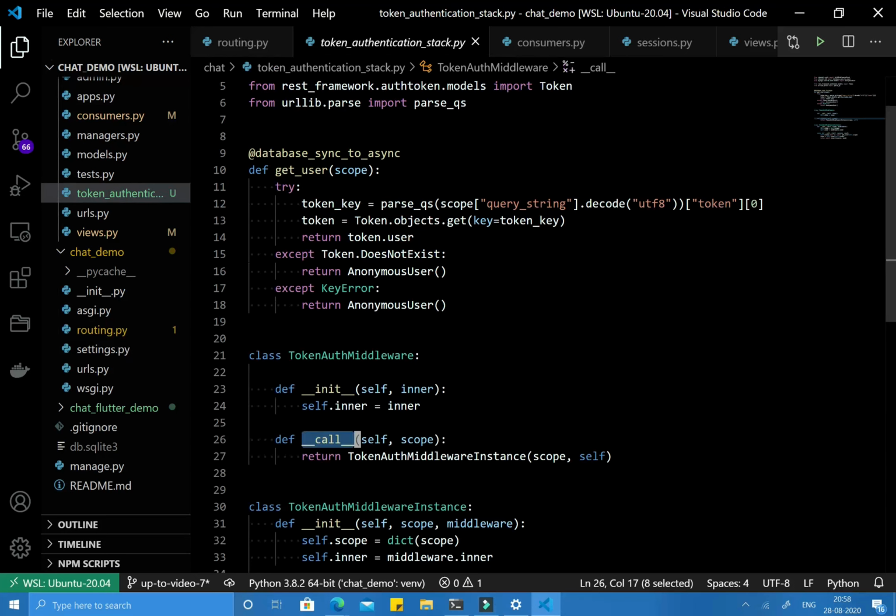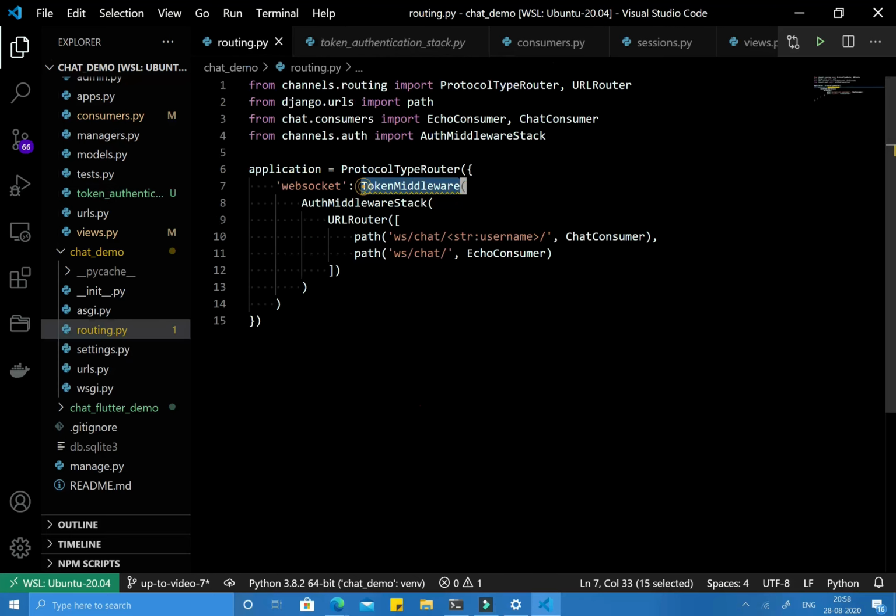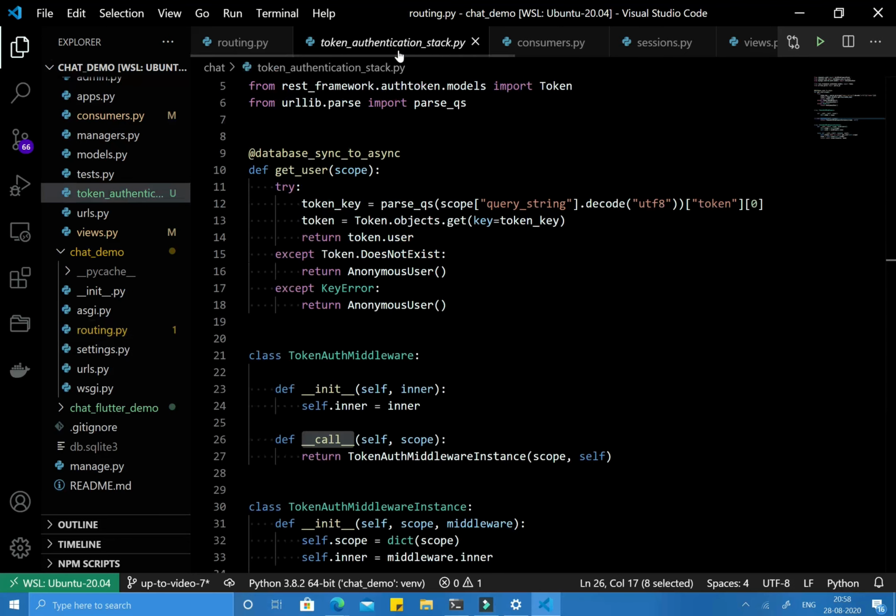That's why we need to implement the call method as well, and that call method accepts scope from the parent class. If we have another parent class, I mean another top-level middleware, then it can return us that scope, and we get that scope inside this call function, right?